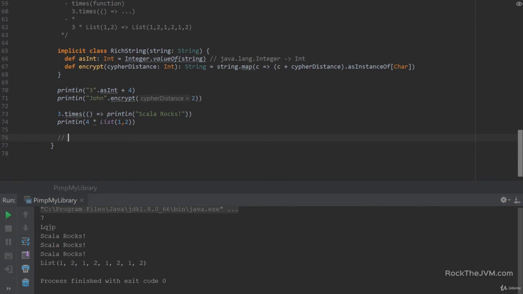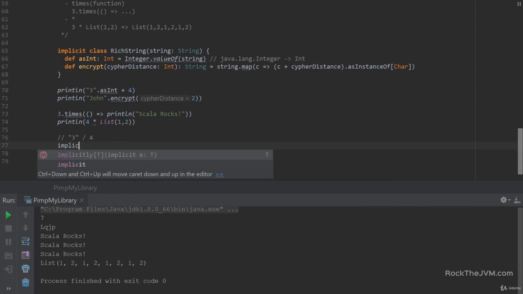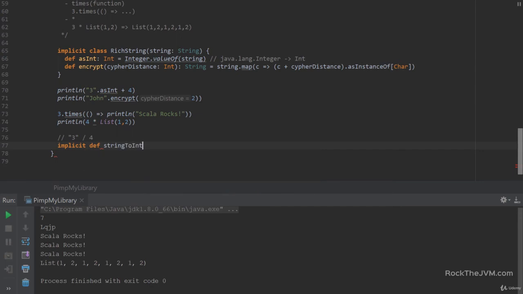So let me ask you a question. Wouldn't it be nice if we could auto-convert strings to integers and just say, like they do in JavaScript, the string 3 divided by 4? Well, if we want it to be hated by every programmer in existence, we can, with implicit conversions by implicit methods. So we can say implicit def string to int